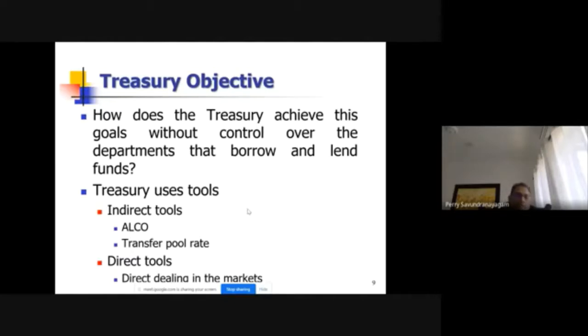So basically, how does Treasury manage this, right? The tools they have for the funding especially is to have it through ALCO and to establish a transfer pricing tool. We will do a separate session on assets and liability management, but in essence, ALCO is the Assets and Liability Committee of the bank. The Treasury sits in the ALCO, and at ALCO you would discuss the overall assets liability mix of the bank and decide, okay, look, is it a good time for us to raise deposits,